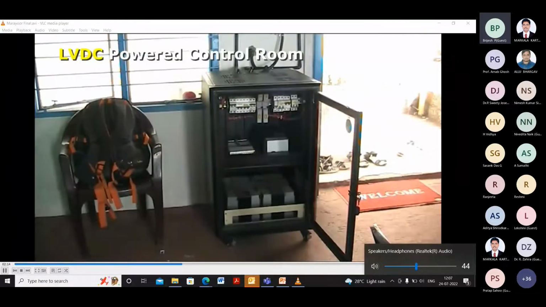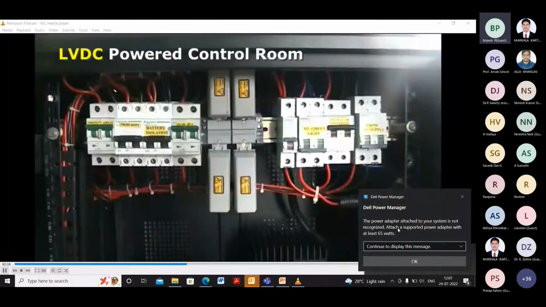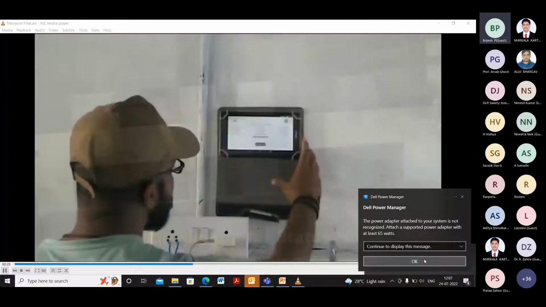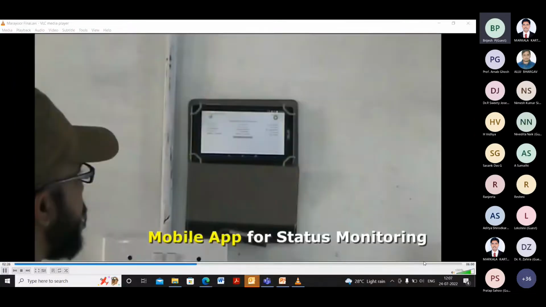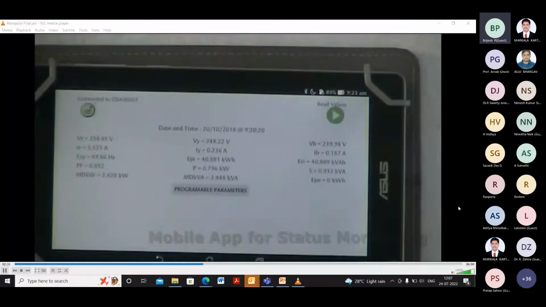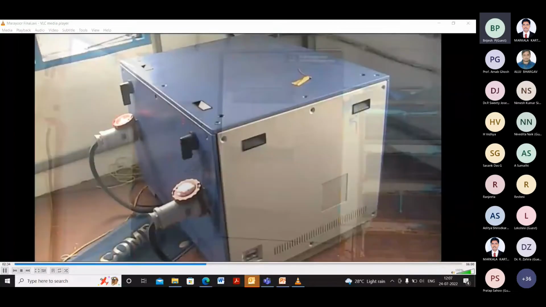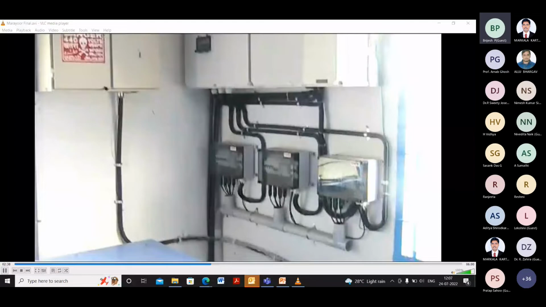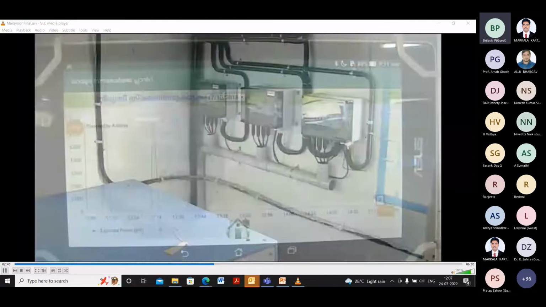This is the LVDC rack for the 48-volt system. This is the power conditioning unit for Rourkela.